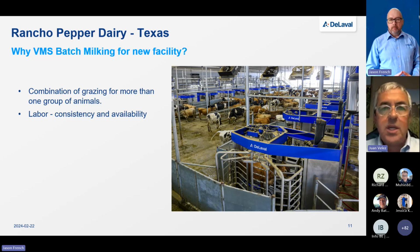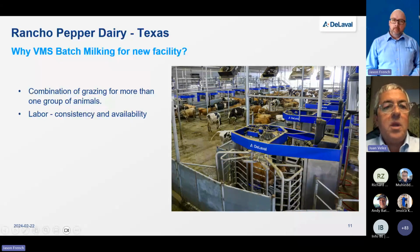Looking for ourselves, looking at the rotary robotics, we did not feel comfortable with that system, and we said there's got to be a way to milk them with the voluntary system, but in groups, in a way that